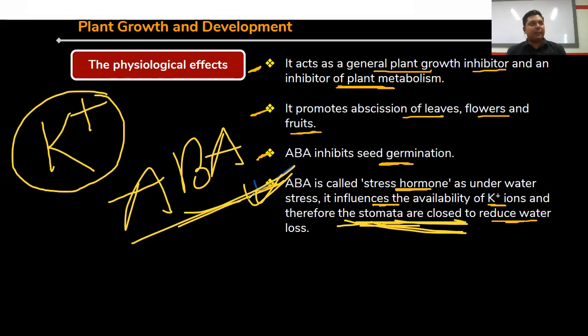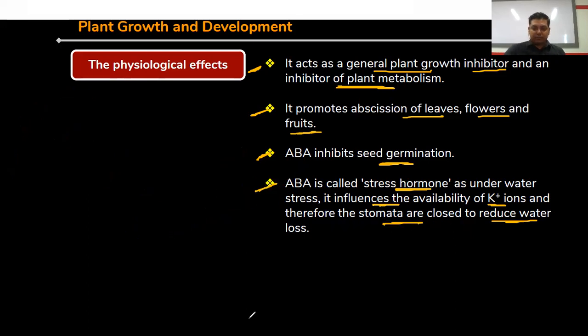Sometimes what happens, suppose water stress is found. That means water is in very small amount in the environment, mainly in summer regions. Then what happens? Plants can't take a huge amount of water from the soil, right? So that's why ABA is going to the leaf region. ABA is synthesized in the leaf region. Clear. And this ABA simply closes the stomata forcefully to minimize the water loss or transpiration, because the loss of water through the leaves is known as transpiration. Clear. So that's why ABA is known as stress hormone.